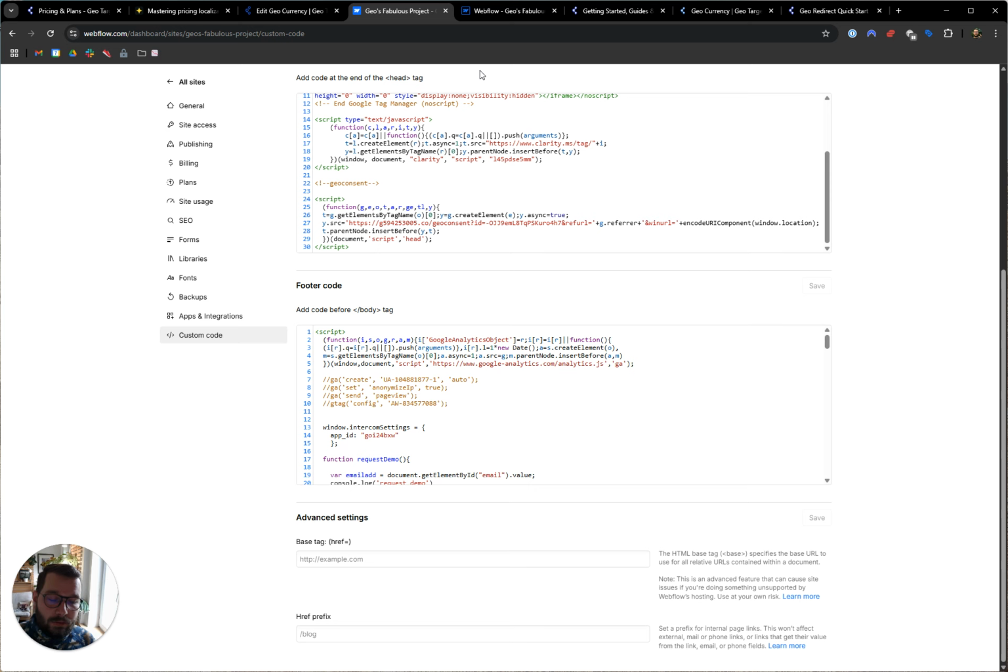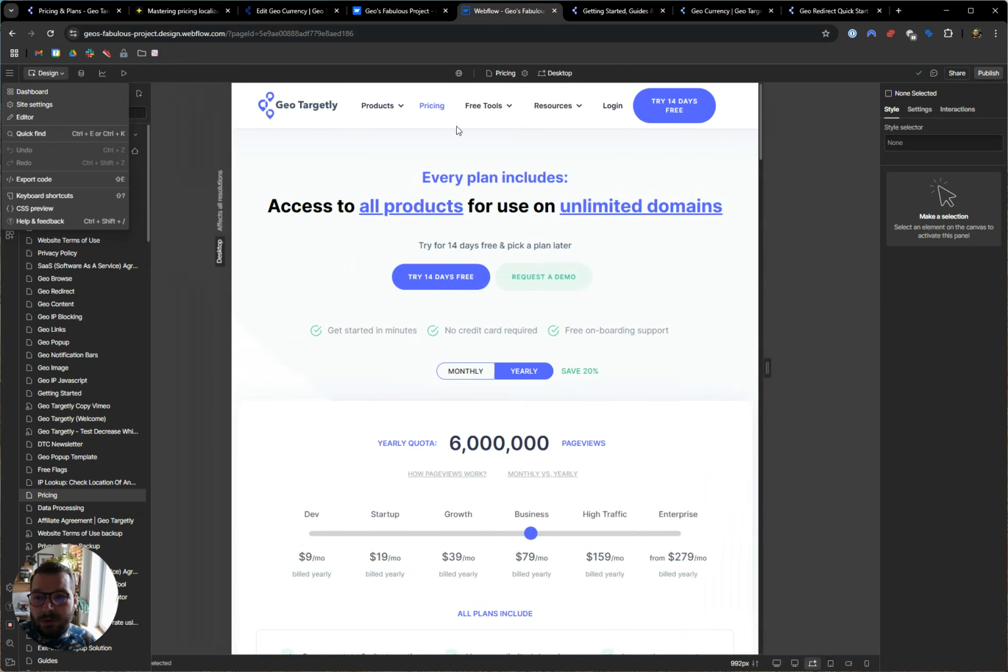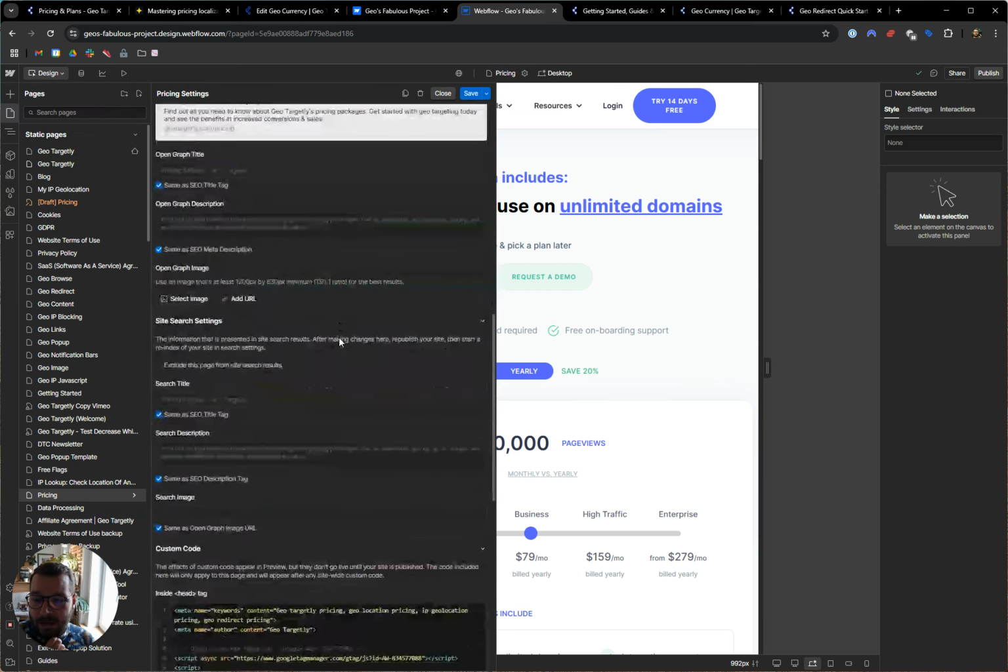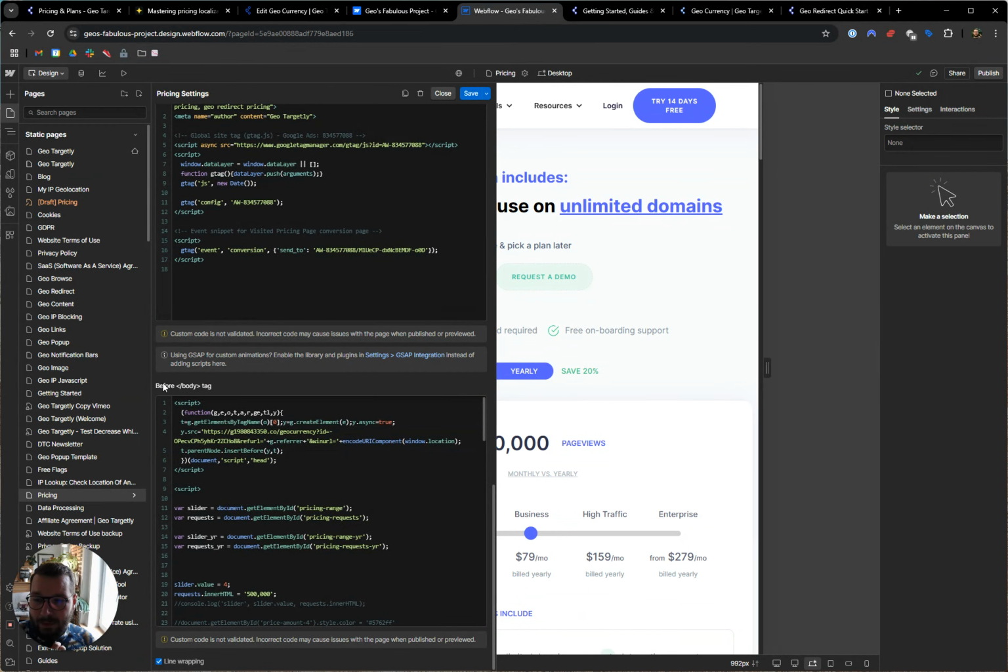I want to input it into a specific page, which is just the pricing page, and for that you need to go into the designer in Webflow and navigate to the page. So I'm on the pricing page, hit the cogwheel over here, and you need to input it into the before the closing body tag. And I already went ahead and created the same exact setup as I just walked you through. I pasted it here,